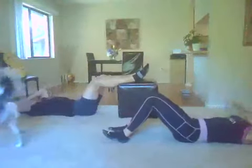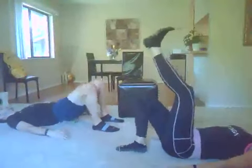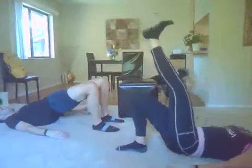Last 3, 2, 1. Glute bridges. If you took a single leg glute on the last round, you're doing single leg glute on the other side. So left foot this time, pressing into right leg. Perfect. Otherwise, just like Chris is doing, both feet on the mat. So whatever you chose to do, just make sure if you did single on one side, try it out on